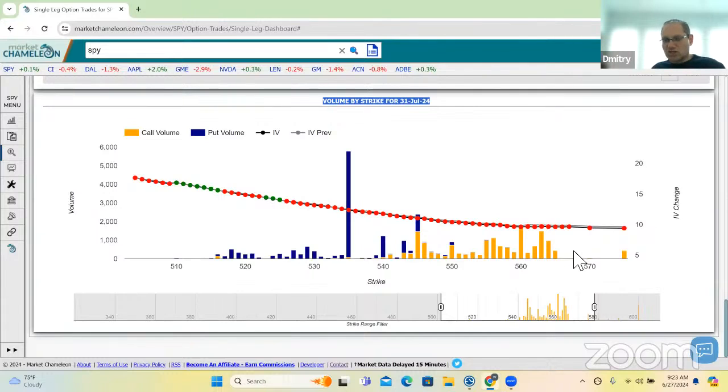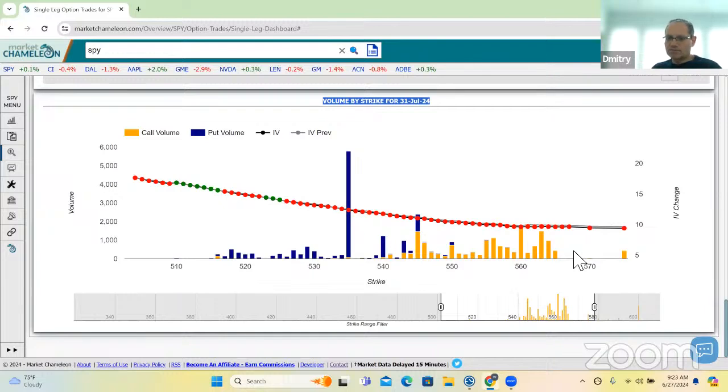And what this is showing us is that the implied volatility skew shifted. And how did it shift? Did it flatten out? Did it steepen? Did it curve more on the tails or the wings? And in this situation, we see that a lot of these red dots indicate that the implied volatility slightly shifted